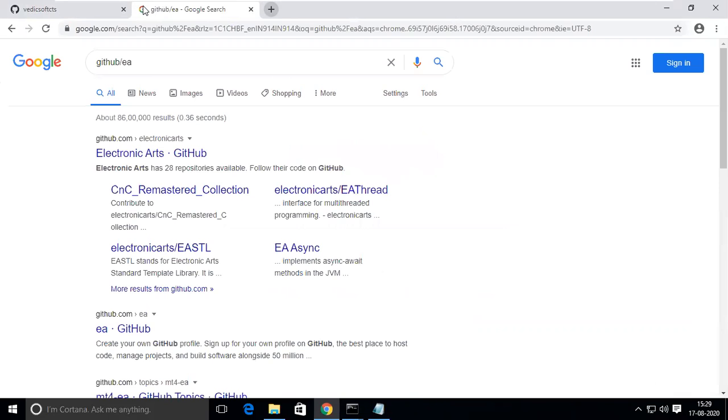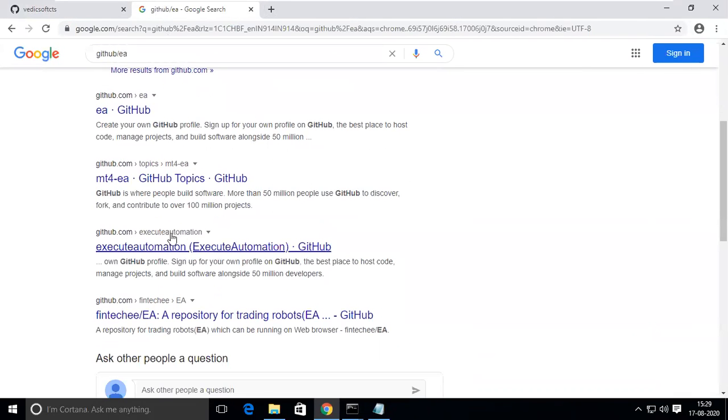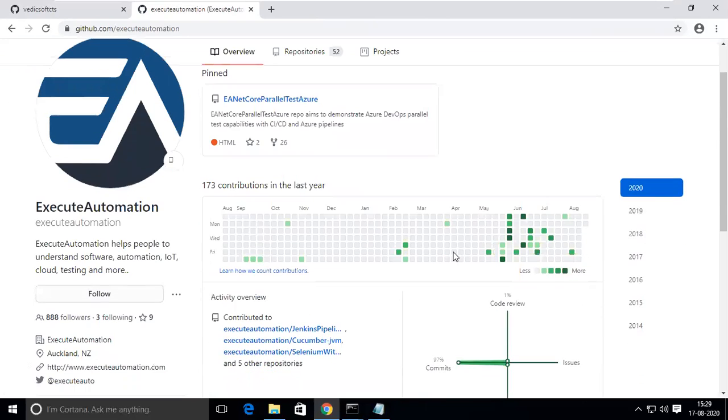Yeah, here it is. This is Karthik KK's one. Can you see here it is 173 contributors in the last year. So different contributors are also there.